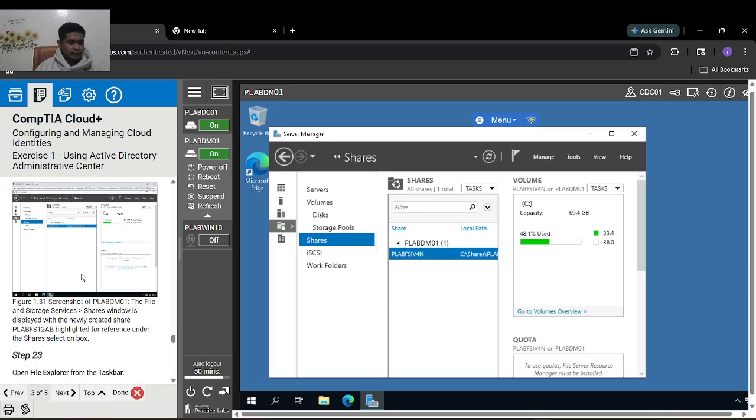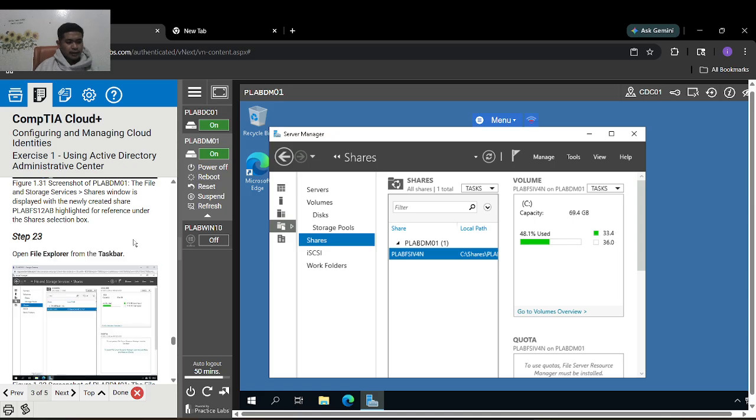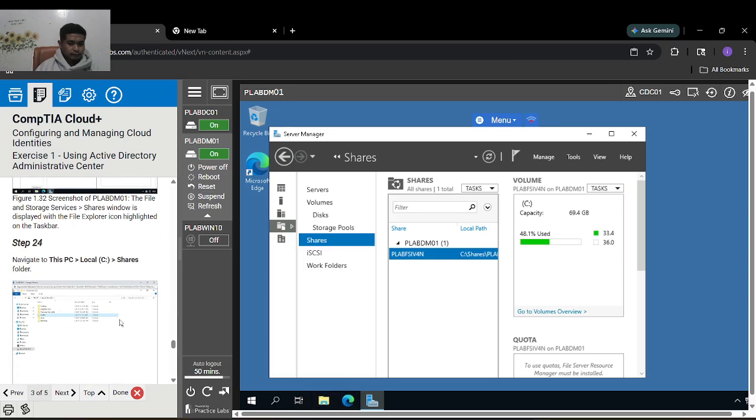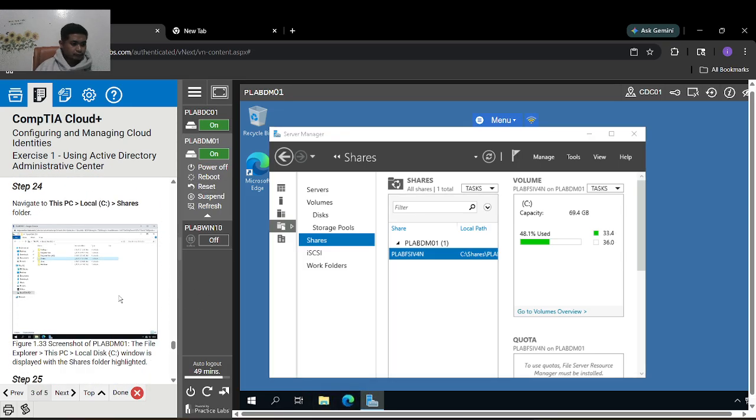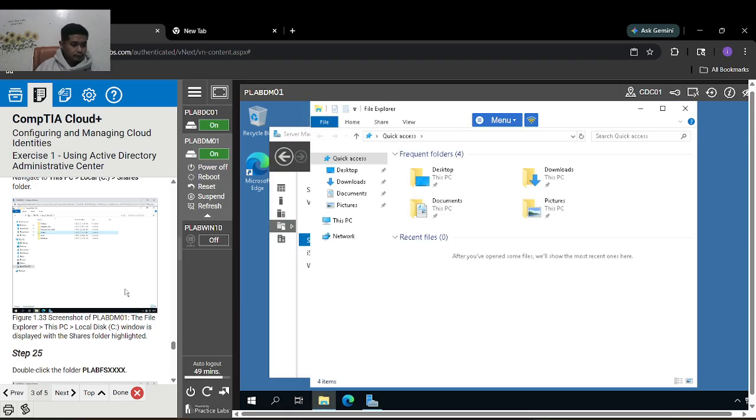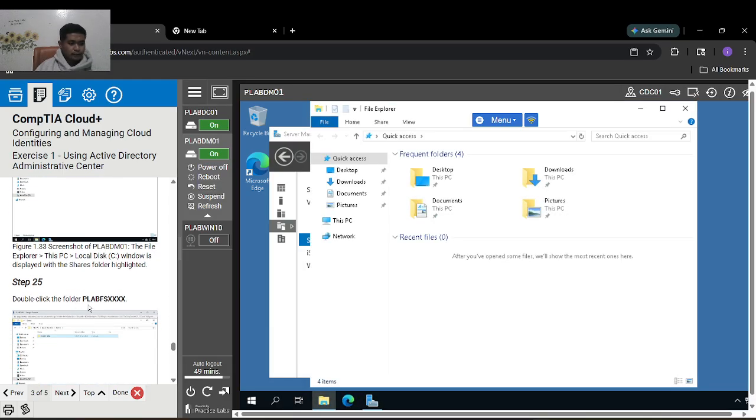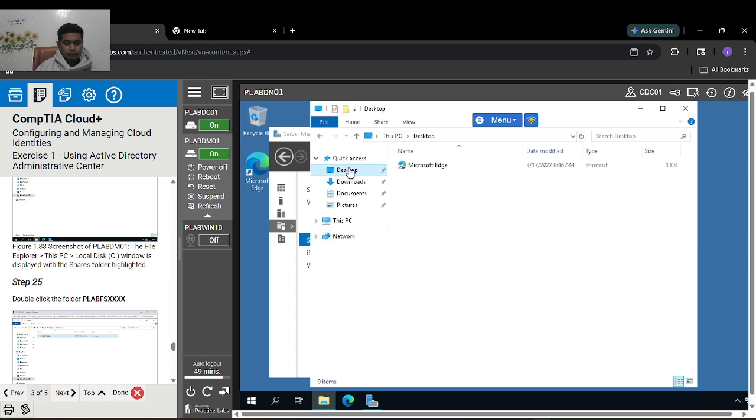So here, open File Explorer from the taskbar. Double click folder PLAB.